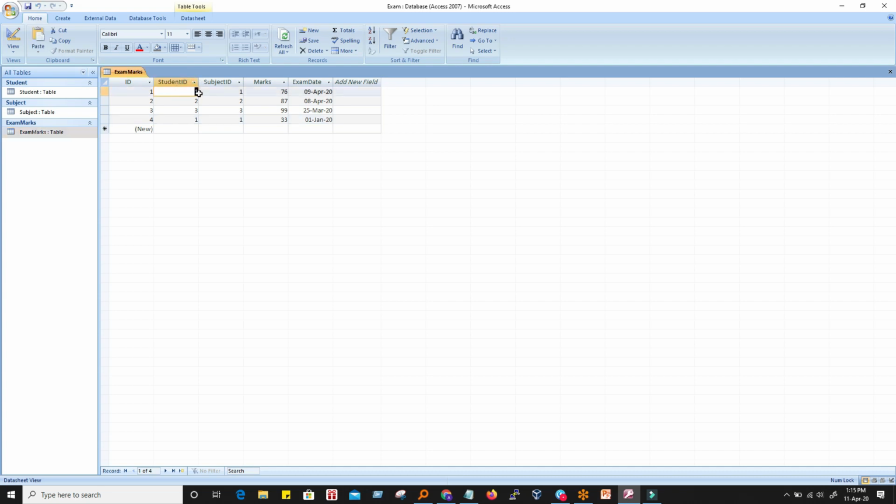When it says that for student ID 1, I have to check in the student table who is student ID 1. So right now that is Amit. And for subject ID, I don't know what subject ID 1 is, so I have to go to the subject table and check. Okay, subject ID 1 means English. So now I am coming back to this table, and now it's saying that for student ID 1, that is Amit, for subject ID 1, that is English, Amit has scored 76 marks in English, and the exam happened on